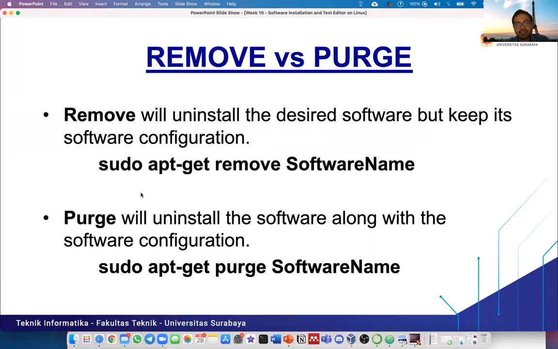The second command is for uninstalling the software along with the software configuration. So if you also want to remove the configuration of your software, you can just type this command: sudo apt-get purge, then the software name. So for example,